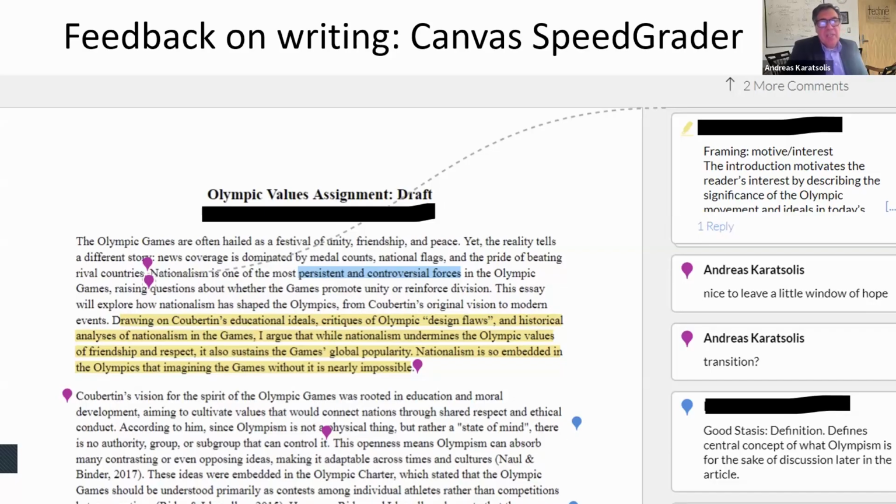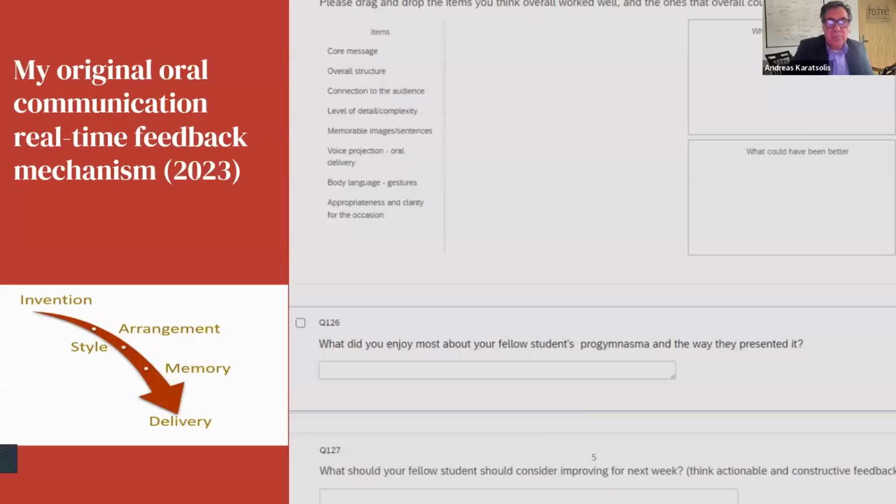But we don't have the same kinds of tools to provide feedback to students when it comes to their oral communication, to their oral presentations. At first, back in 2023, I said, I want to have some way to provide real-time feedback to students through a survey instrument. So outside of Canvas, I used a Qualtrics survey, and you can see an example here where we've had some core